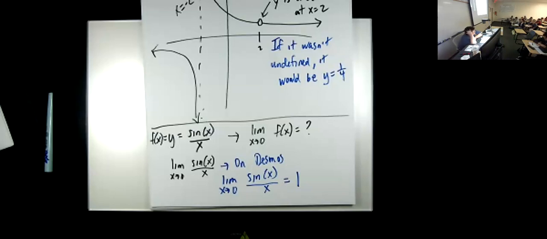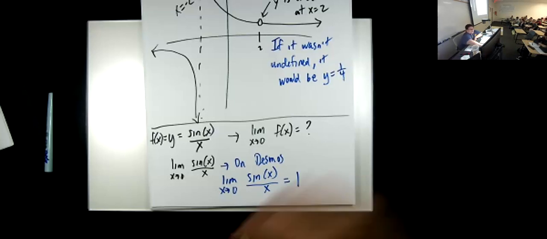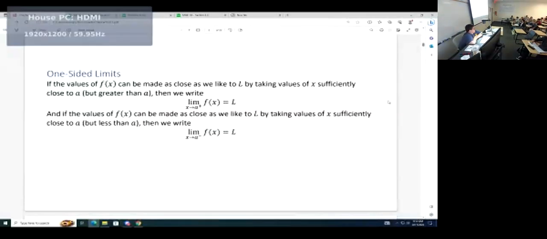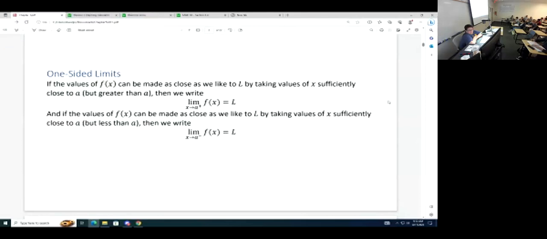I want to point out, I've been coming at it from both sides, looking at it as it approaches from both sides. That's the big picture of limits. But we can do one-sided limits. We can approach it from just the right. And if we don't want to just approach that value from both sides, like if we say x approaches a from the right,